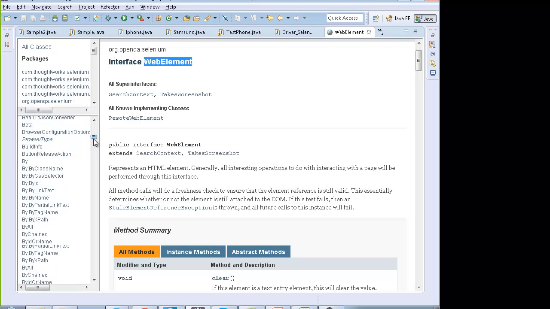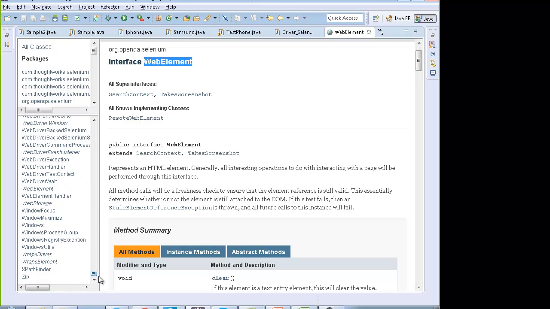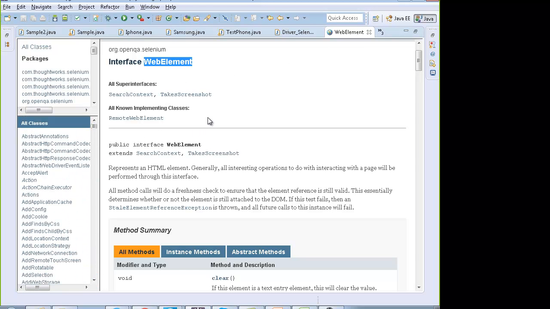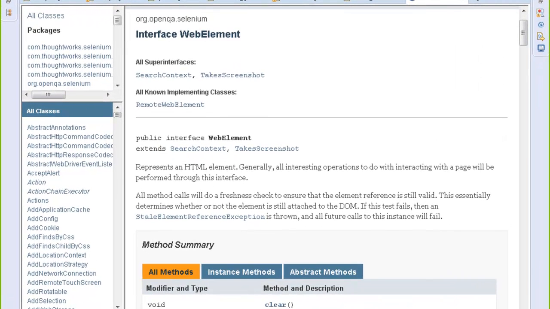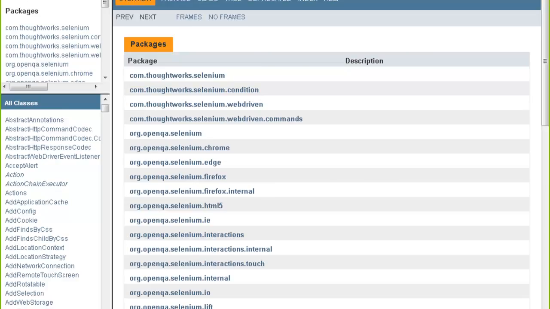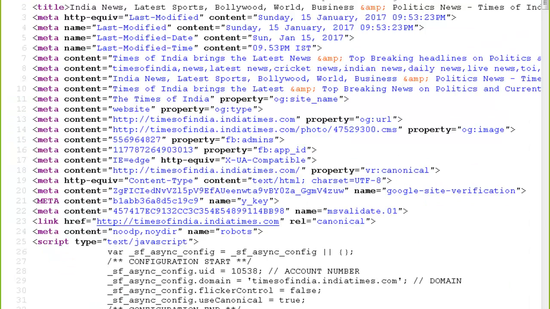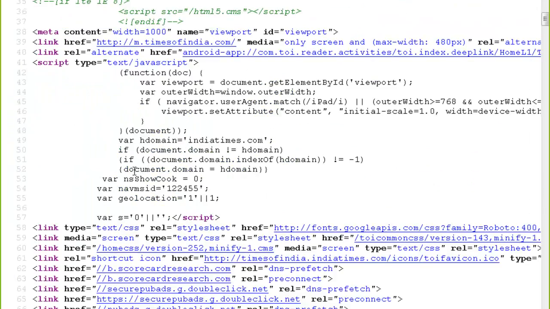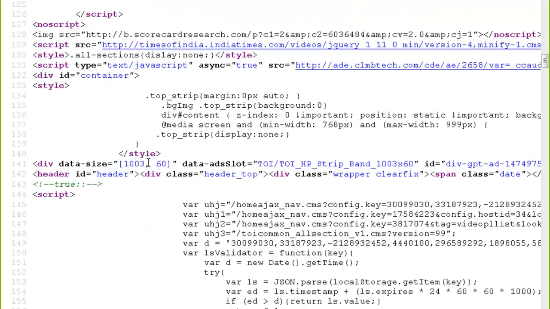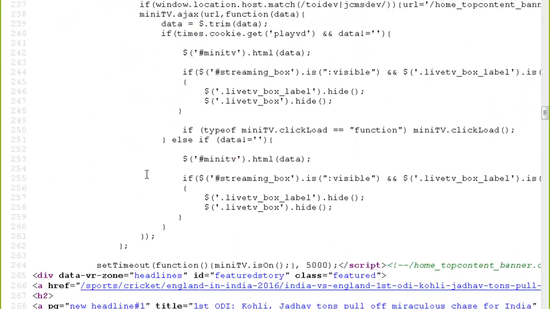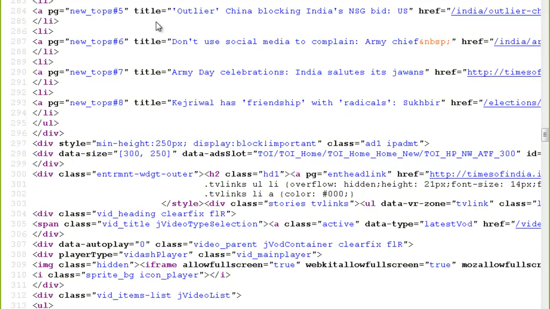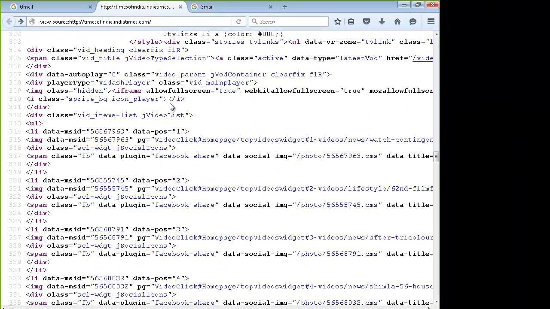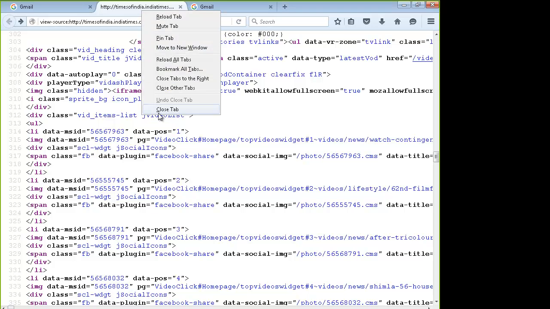Okay, how do you use that? To use this, first of all, you will have to understand how Selenium works. And I told you that Selenium will always work on the page source of the page. So you need to analyze the page source, find the element of your interest in the page source and then interact with it. To analyze the page source, okay, you don't have to,